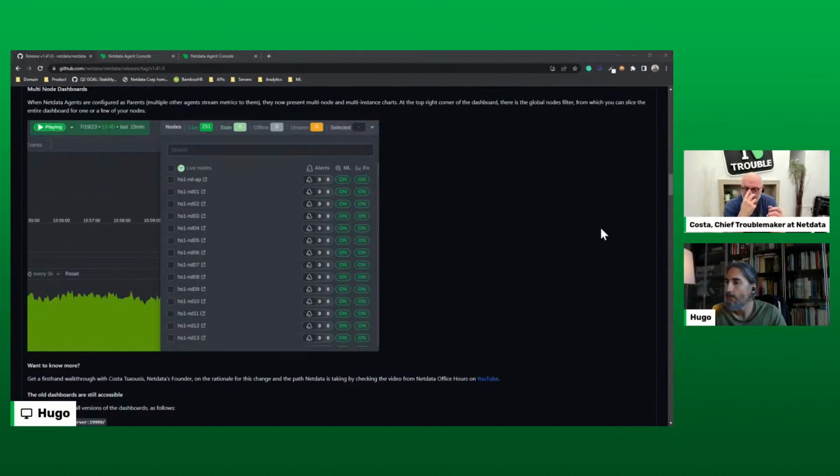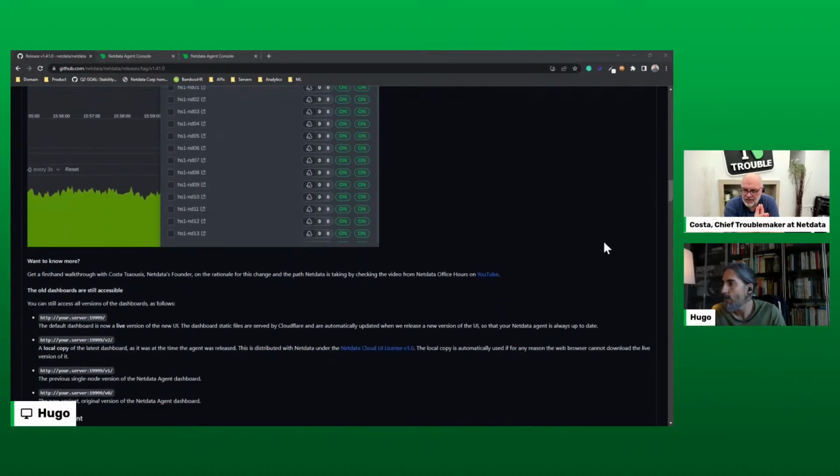Together with this release, something else was planned, also very good in my opinion, that unfortunately didn't make it. I hope that we're going to have it next week. The thing that we missed including in this release was a marketplace, a plugins and integrations marketplace, where you can see everything that Netdata can do. At the same time, we have a team of engineers working on bringing life to these integrations. So if you want to monitor Postgres or MySQL or Nginx or whatever, and Netdata did not detect it, or it could not connect or whatever,